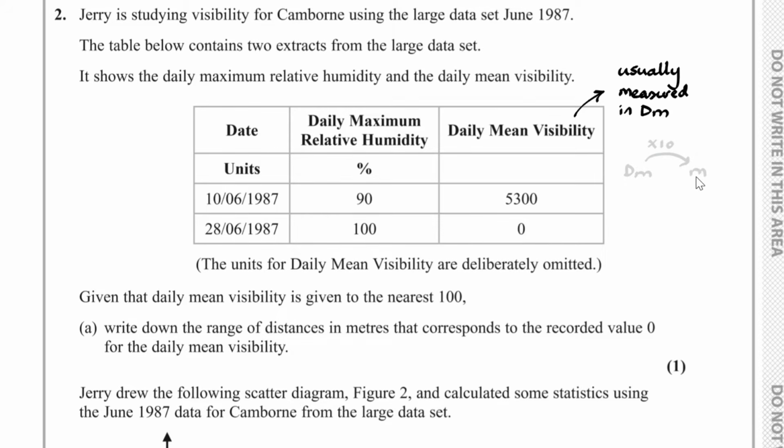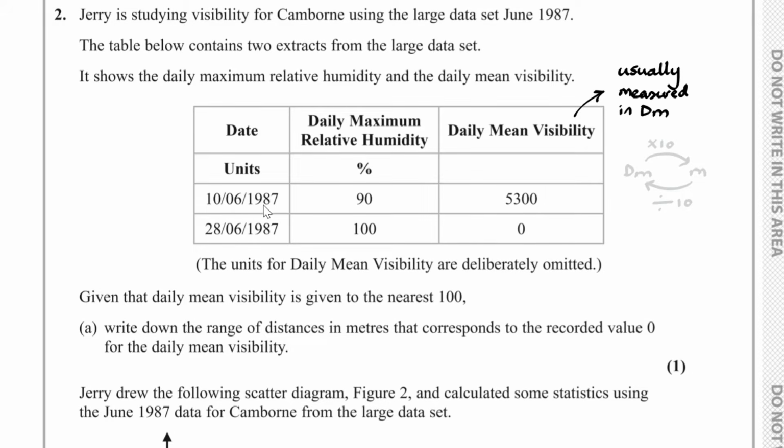And of course, from meters to decimeters, we would have to divide by 10. Okay, so with this, knowing that the values here are given to the nearest 100,